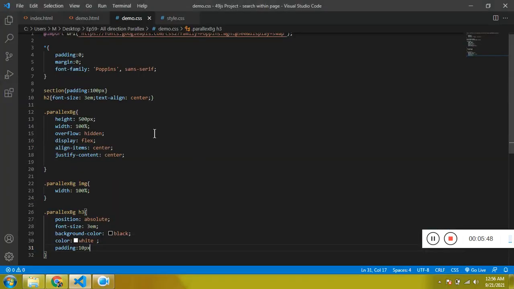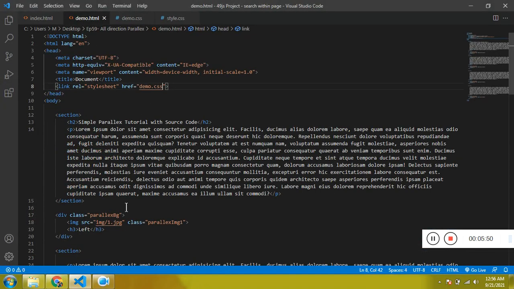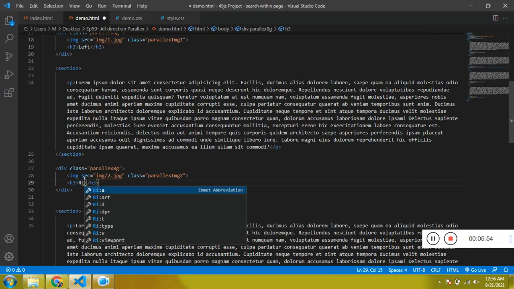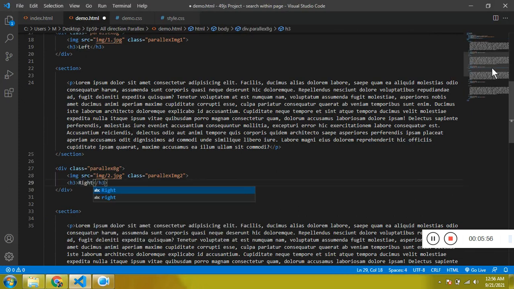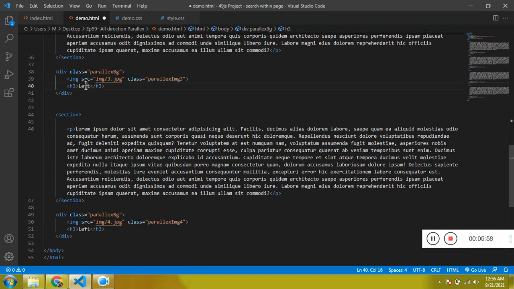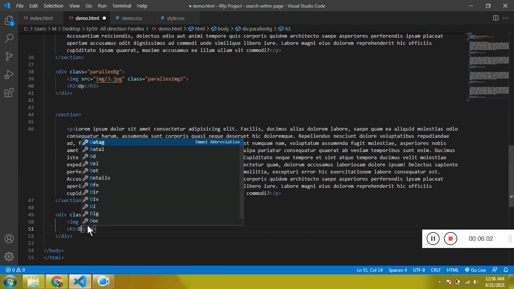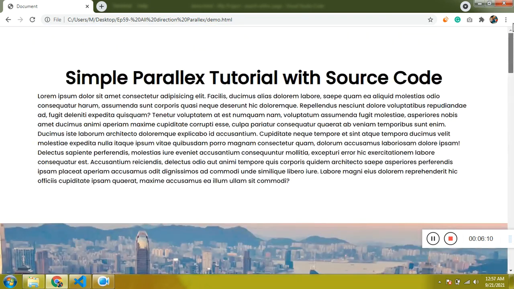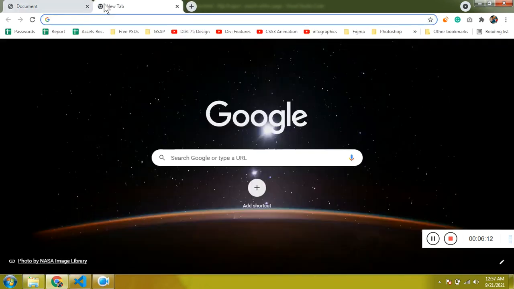I have not changed the text, so this is left, and then we have right, then we have up, and then we have down. So that's it for the HTML and CSS.